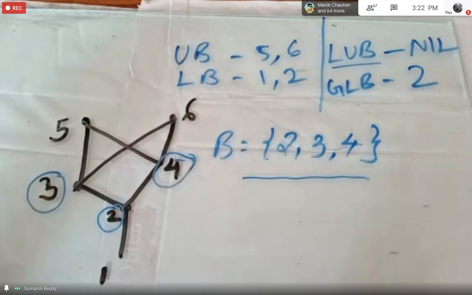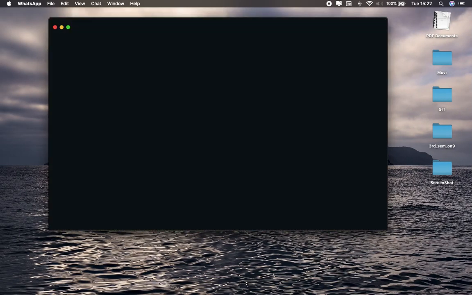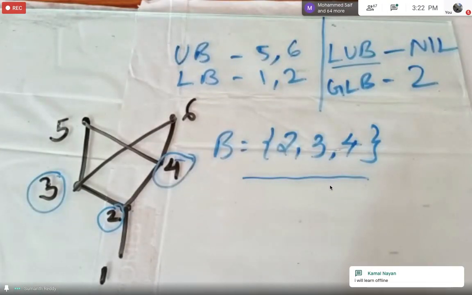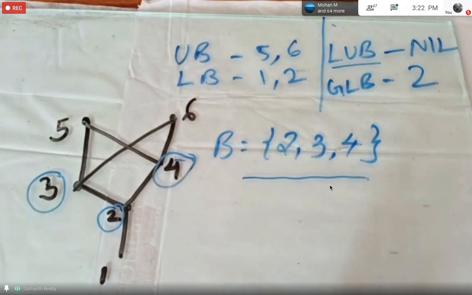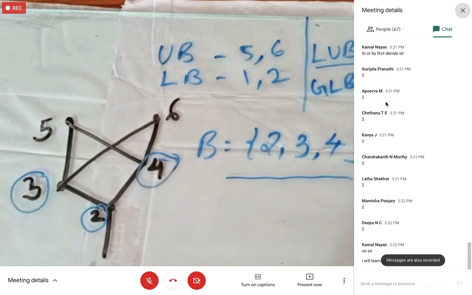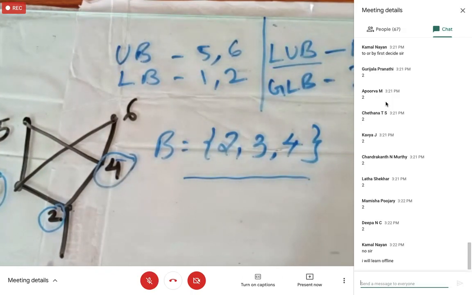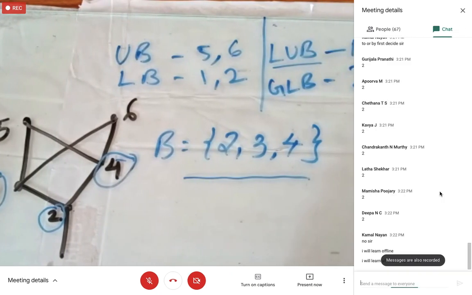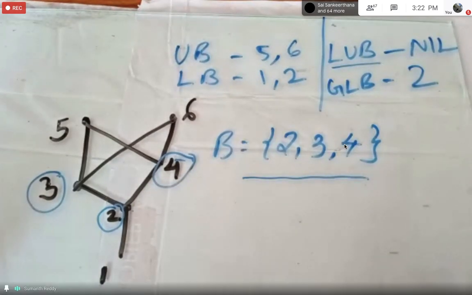Kamal, is it clear now? It is related by. Okay, Kamal, I'll just repeat that. Let us think in this way. I will learn offline. Okay, if that option is there, fine, Kamal. But if that option itself doesn't exist, what you will do? Okay, Kamal, don't worry. Okay, okay. Don't worry, Kamal. So you please listen now. I will just clear your doubts.